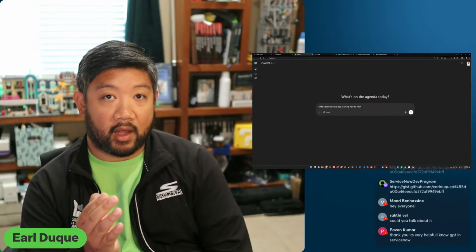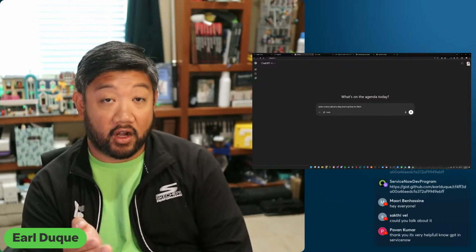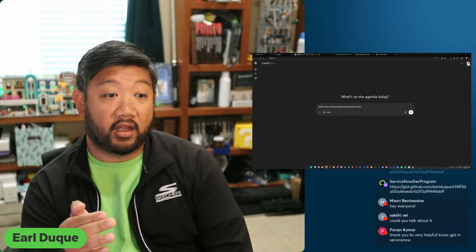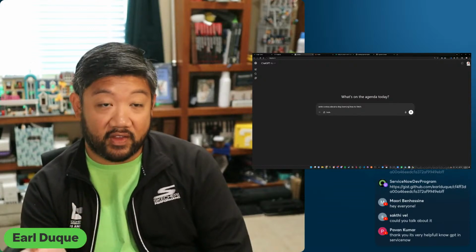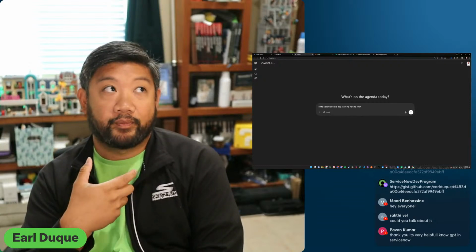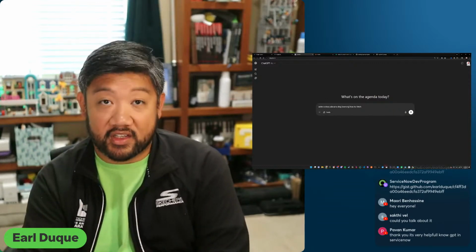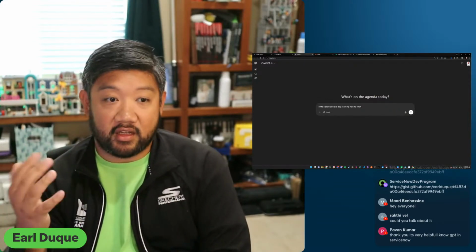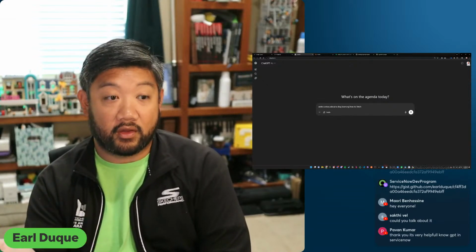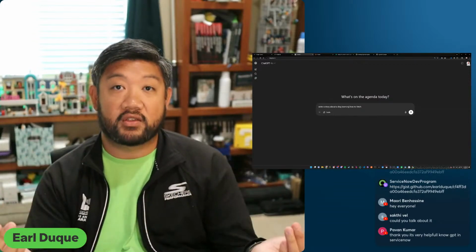So I'm looking for a story, a story about a dog, a story about learning, a story about a dog learning. The dog is trying to fetch, the dog is learning to fetch, etc. So it's breaking these things into smaller pieces, tokens, trying to understand, okay, here's my context. Now I'm going to figure out how I should respond according to this context. And then ChatGPT also has hidden prompts behind the scenes that are also going along with your prompt. But now it's taking all of that context and it goes,